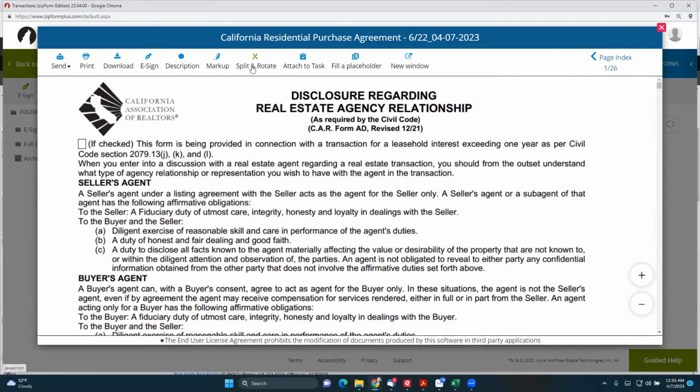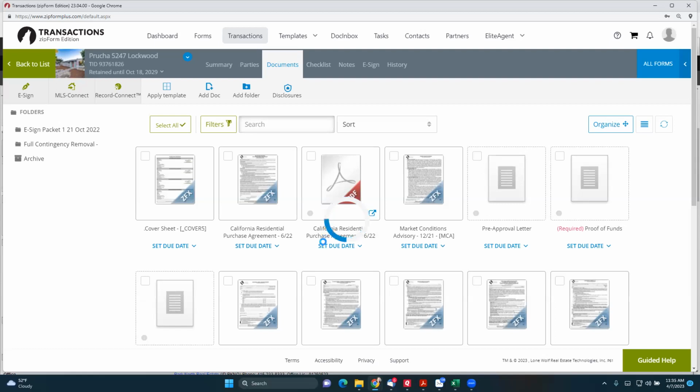and rotate. So you click on this, and I wish I'd known about this about 3 months ago when I was in a transaction with an agent that did not have a computer. So she would take every document to UPS and have them scan it, and they all came in sideways. They didn't come in upright, so I had to rotate every single one, and my PDF program made me do it individually. It was a real hassle. So this is convenient. You can rotate it right in here.